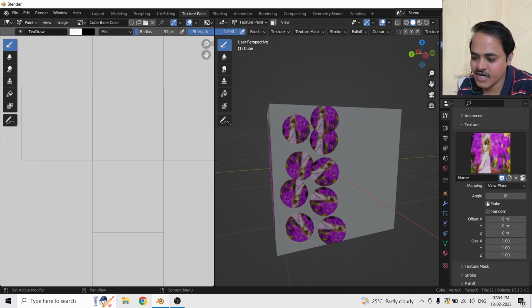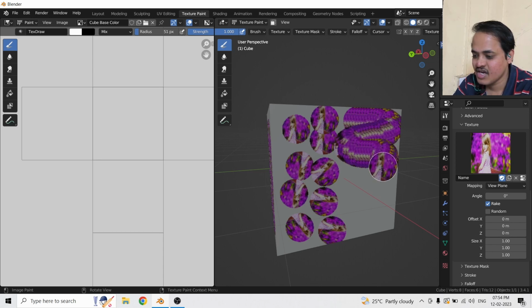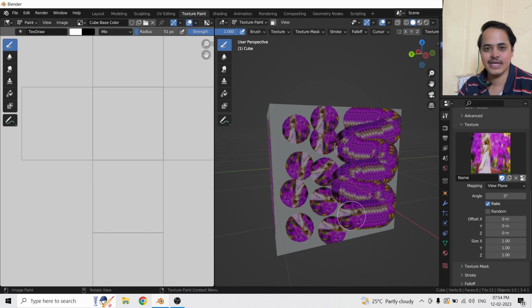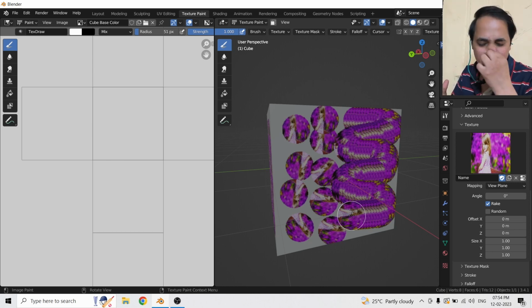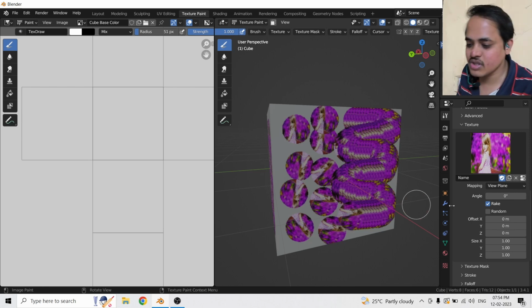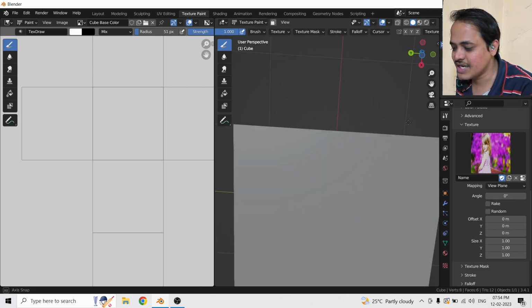And instead of random, if I click on rake, the moment I click and drag this texture, it will rotate the texture the way I am dragging it. It is like raking the sand. You can search raking the sand on Google and you will find very wonderful and peaceful calming videos. So that's how this raking works. And the last but not the least